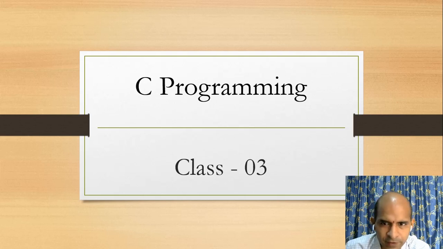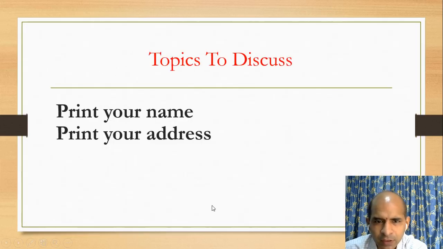So as per our previous class, we already have the knowledge of how to write a program using Turbo C++, and for that we have written a program, Hello World. Now in this class we will learn how to print your name. Hope you have already done that, and also we know how to print the address. Here I will print my name as well as my address in two different programs, and these are the two questions which I gave in our previous class.